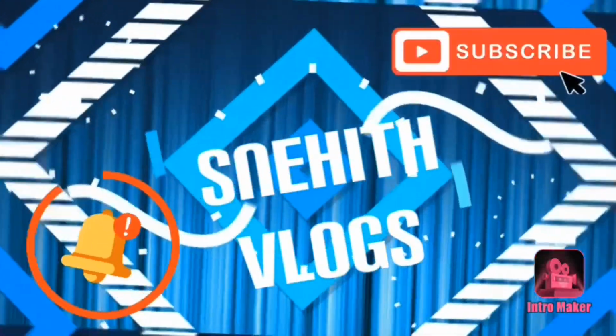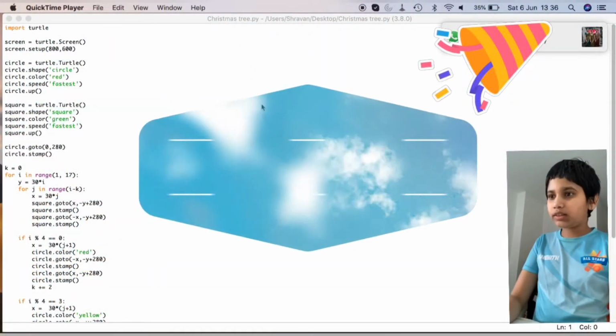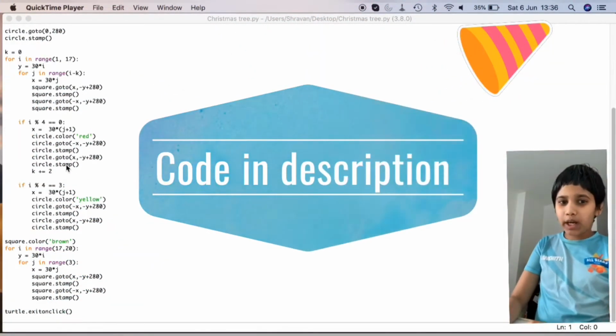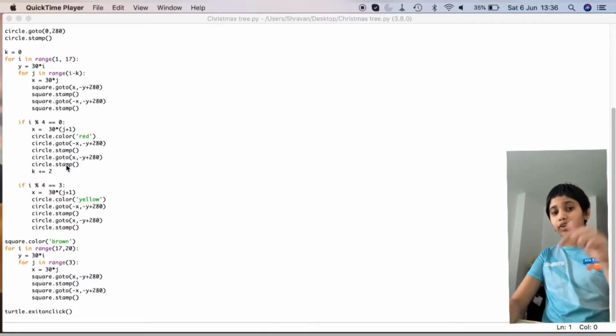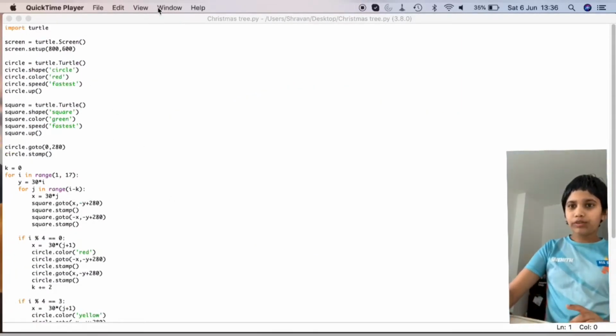Today I'll be teaching you how you can make a Christmas tree on Python. What you want to do first is type this code up. The code is in the description below, so you can also type it up. So after, if we click run,